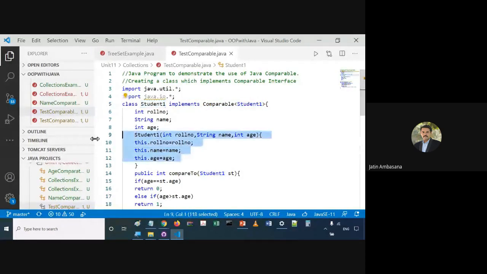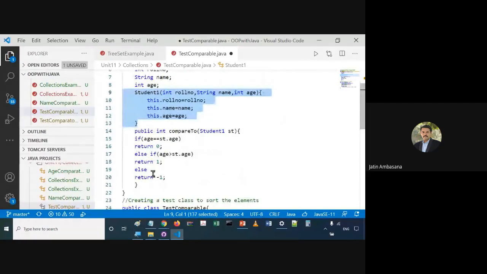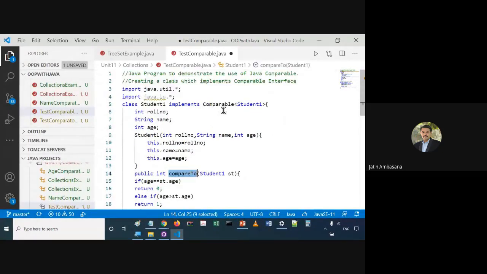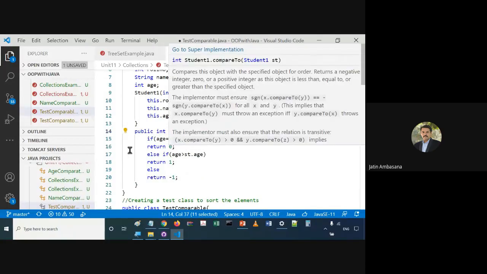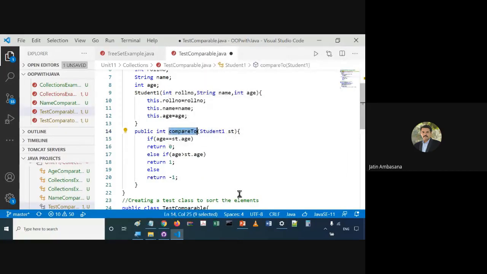And how would it compare? Check this out. It has got 3 properties: roll number, name, and age. In the constructor, we are creating an object with these 3 properties. And we have the compareTo method to be implemented if we implement the Comparable interface. In this compareTo method a Student1 object is passed, and obviously another object invokes this compareTo.